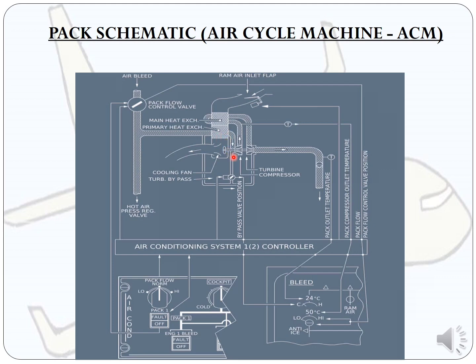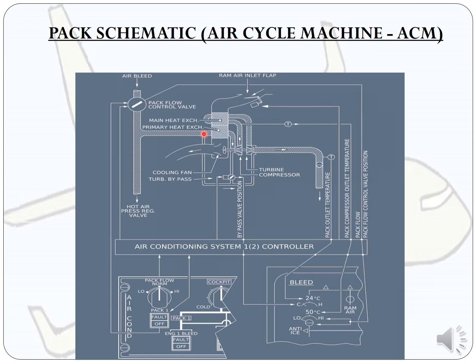Then again it is sent to the compressor stage, and then it will extract the air and send it to the main heat exchanger. Then again it cools the air and sends it to the turbine sections. In the turbine sections we get the output, that is which we selected in the air conditioning panel.